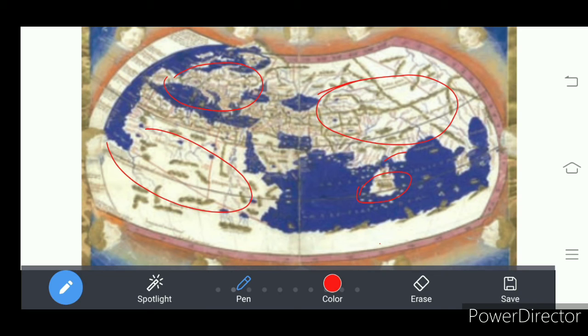So as they traveled on the coast of the places, what is meant by coast of places? Traveling along the side of the land part. I'll draw that for you. They traveled like this on the coast, in this way. So they did not know the interior of the places. So they showed Sri Lanka very big, because they were more familiar with it. Understand? They were more familiar with that one, so they have shown Sri Lanka very big.